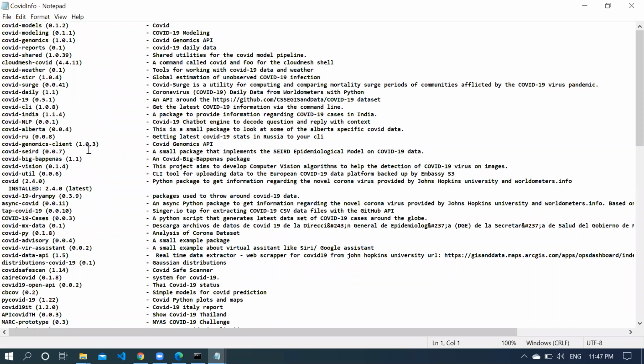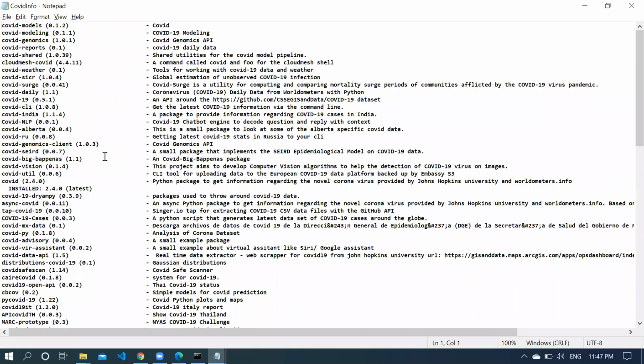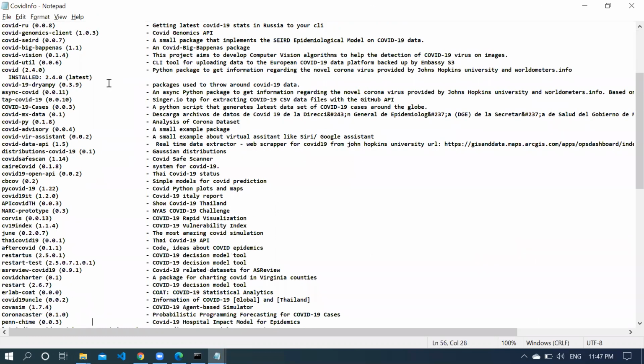Once you learn Python, in case some new libraries come into the market, how can you understand them? Simply type pip search and that package name, then you can easily read the information about that particular library. Using this library, we can analyze the information on COVID on the World Wide Web.